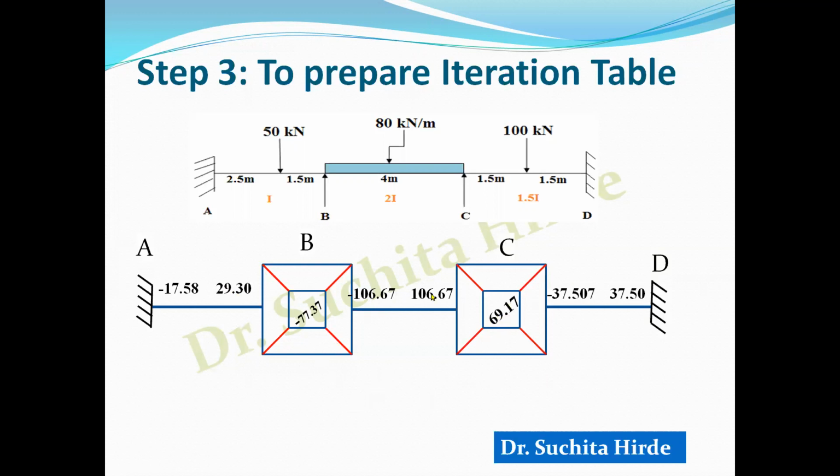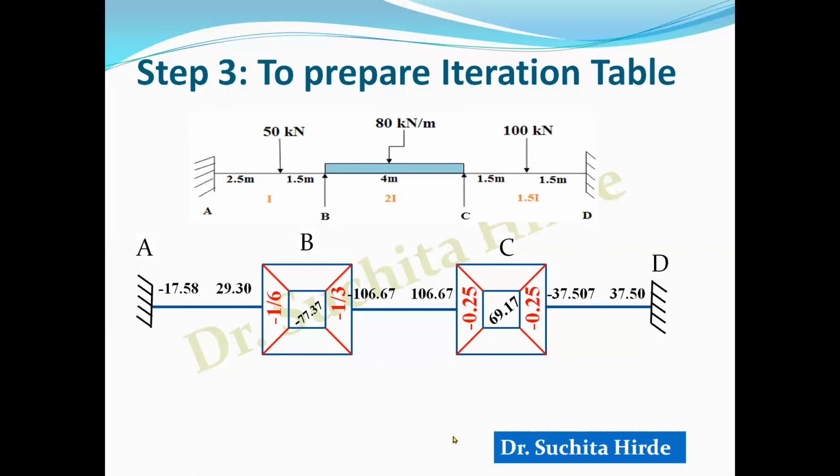So this is the summation of fixed end moment of all the members meeting at that joint. So after writing this summation of fixed end moment, write rotation factor. So for this member, we have calculated rotation factor minus 1 by 6, and for this it is minus 1 by 3. And similarly, we have also calculated for member CB minus 0.25 and minus 0.25. So this is how we write whatever we have calculated so far, that is fixed end moment and rotation factors in this table. Now next step is to carry out the iteration.